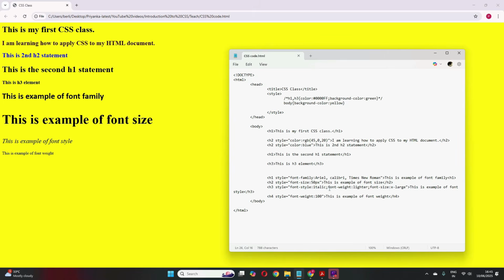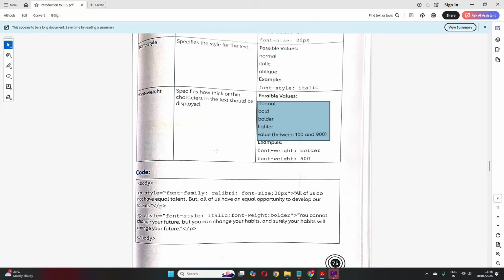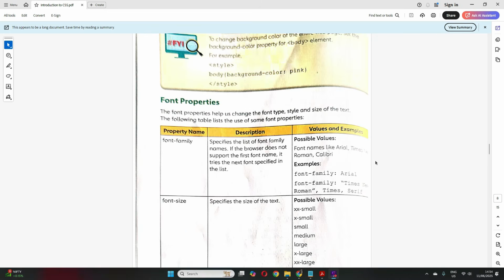If you give them in a single line, they have to be separated by a semicolon, but the property and value are separated by a colon. Please be very careful, students, with the syntax. I hope it's clear now. And you just need to remember the different possible values for each of these font properties. Okay, so I hope, students, you are clear with font properties.